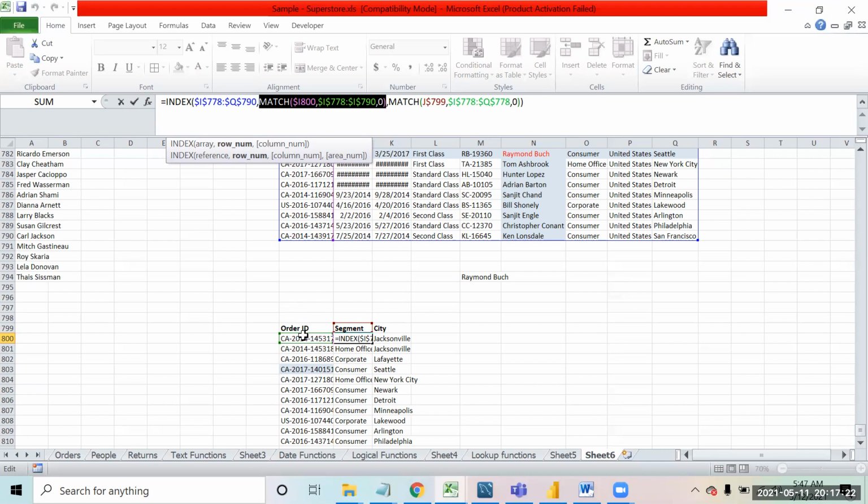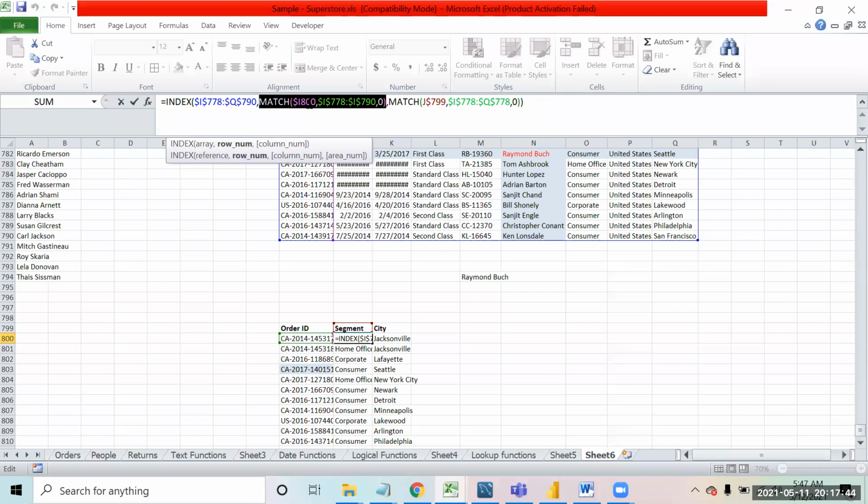In the lookup value, I have frozen the column, because when I paste the formula down, definitely the row number should change. But if I paste the same formula on the right hand side, the column should not change. That is why I have frozen the column only, not the row.